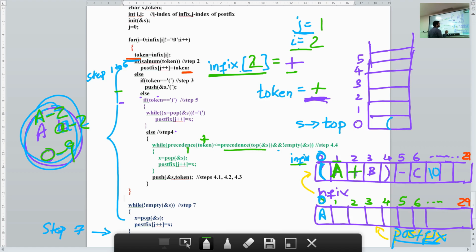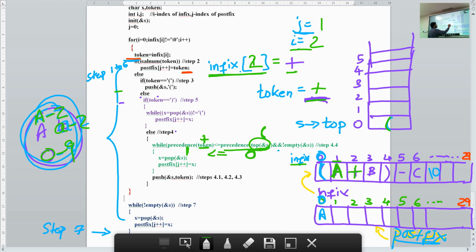Okay, what is the precedence of the top of the stack? I told you precedence of the opening parenthesis is 0. The precedence of the token plus is 1. Precedence of top of the stack, this function gives you the top of the stack. What is the top of the stack?